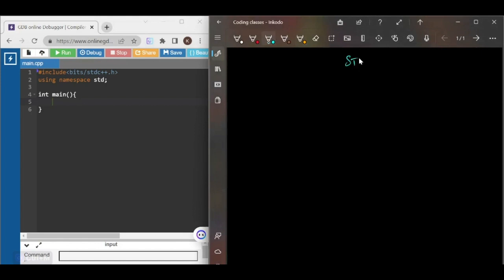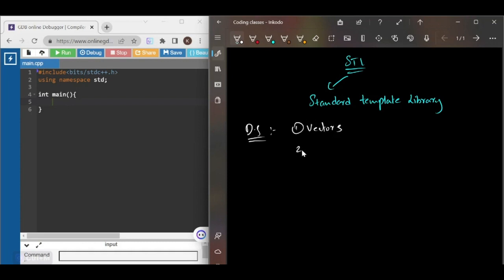So that is STL. What does it stand for? Standard Template Library. All right, so let us first see how many data structures we actually have. Starting with vectors, we have vectors, we have stacks, we have queues, we have maps, we have sets,